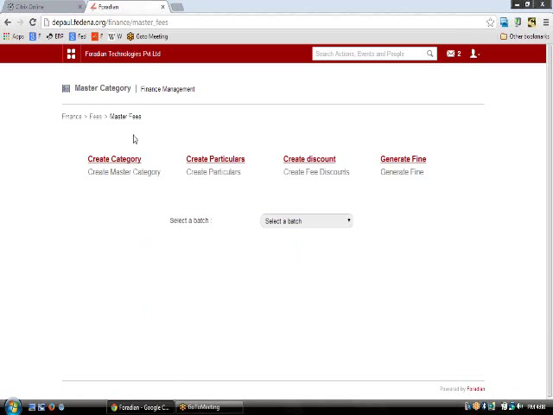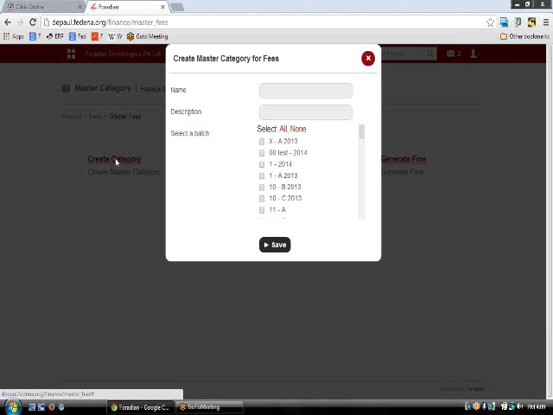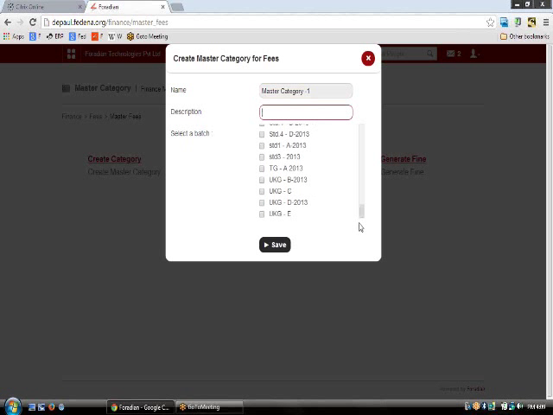On clicking create fees, we come across this page which says create category, create particulars, and so on. First of all, we need to create a category, the master category. Let us suppose the master category is named master category 1. You can opt to give a description so that it will be available for later, and then you need to select which batches this master category is to be reflected on. So select all the batches